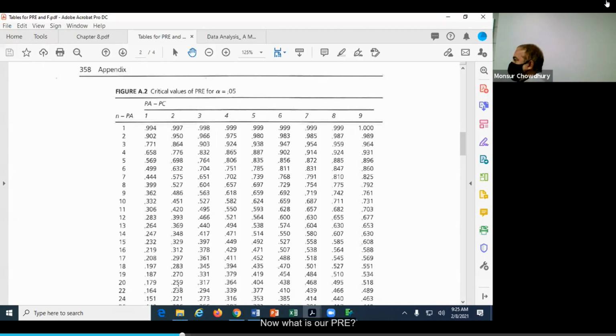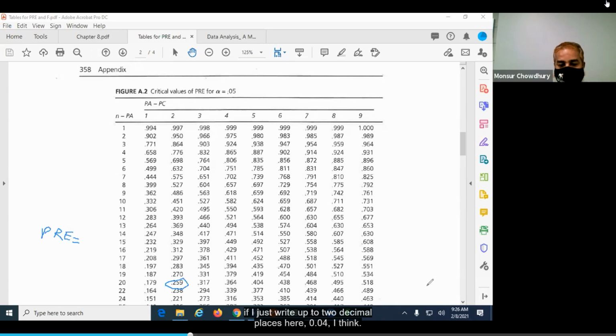Now what is our PRE? It is much less than this, so that means it does not exceed this critical value. That means it is in the non-rejection region, and we cannot reject our null hypothesis. This is our critical value, and our PRE, if I write it up to 2 decimal places, is 0.04, I think.